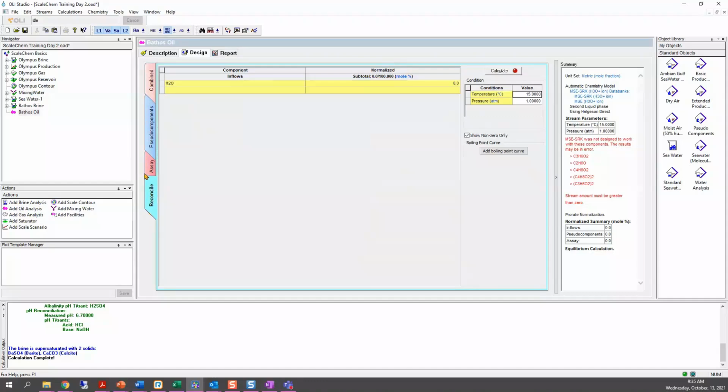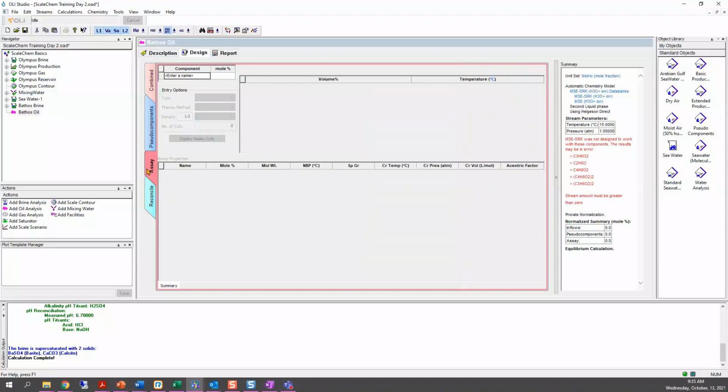Let me start with the assay. In this assay tab is where you enter a distillation curve. For this example we were given an assay, so we are going to learn how to use this tab.